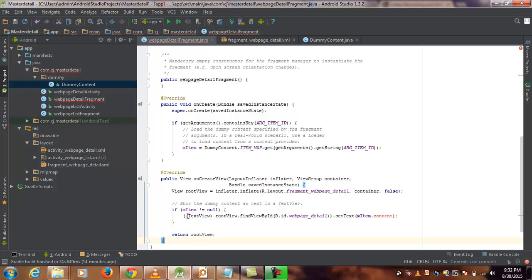Now all that is required here is you will have to change the text view. This is nothing but the variable and the method which are called when the text view, which we deleted, was there in the program. So we will have to change this to web view, because we had used a web view. View.findViewById(R.id, and the id which I used for the web view is nothing but detail_area. This is the id which we had given for